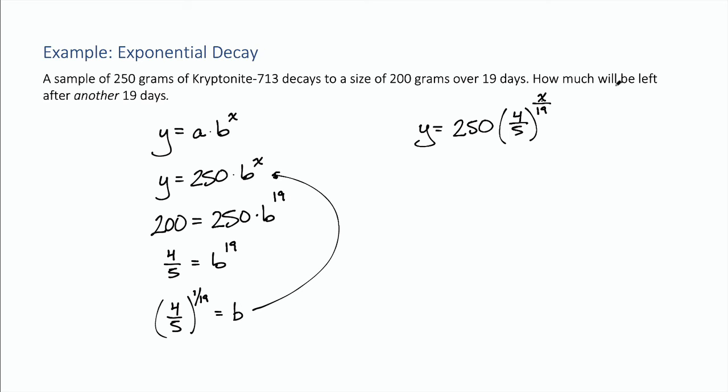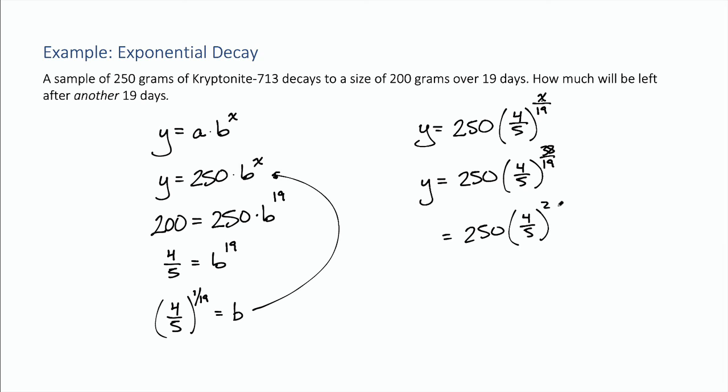Now to find how much will be left after another 19 days, we need to think about that in terms of when it initially started. So 19 days passes, and then after another 19 days, that's a total of 38 days. So now we're plugging 38 in for x. So 250 times 4/5 to the 38 over 19. Well, 38 over 19 is 2. So we're actually doing 250 times 4/5